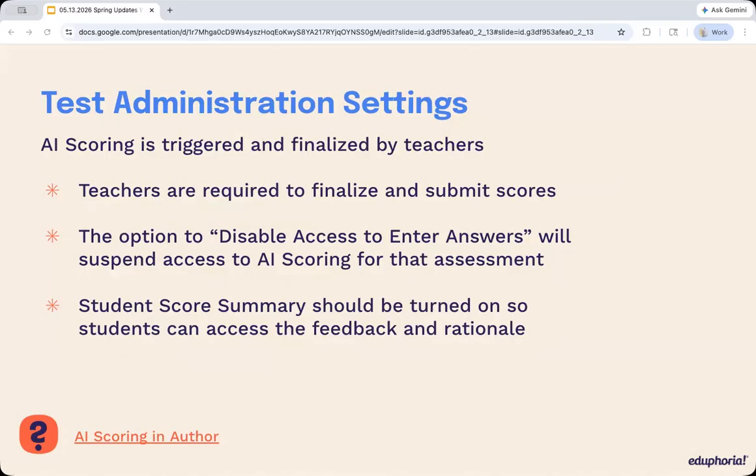First, AI scoring is triggered and finalized by the teachers. This was done intentionally to ensure that a human is always in the loop when using AI scoring. Like we said, it is not an exact science, and even the best models and best processes mess things up pretty wildly from time to time. You probably have experienced this just from reviewing the STAAR ECR scores that come from TEA over the last few